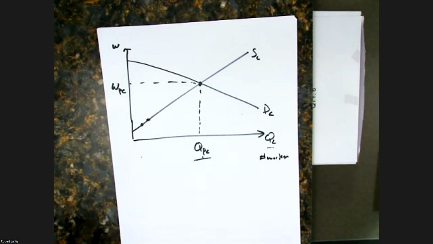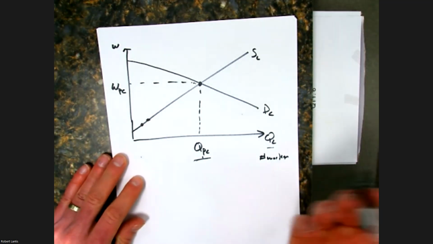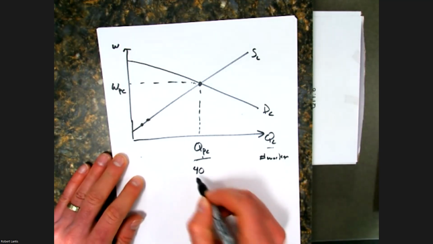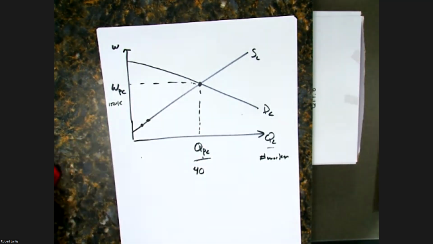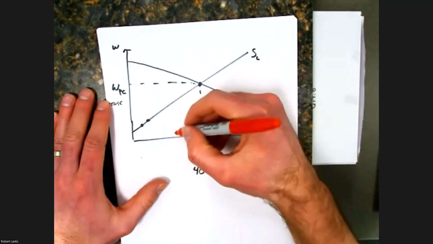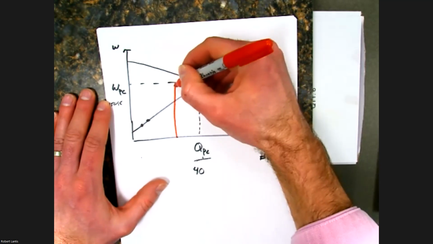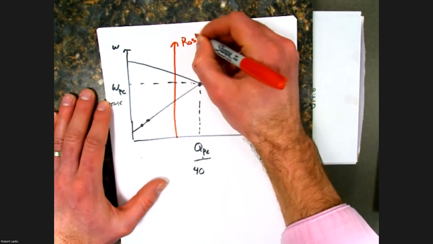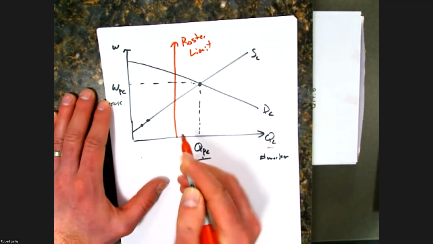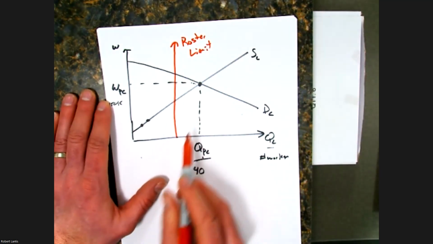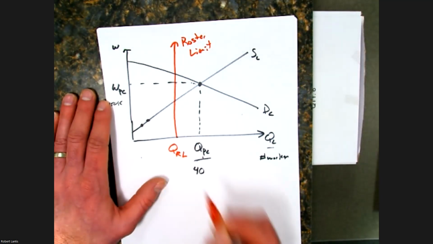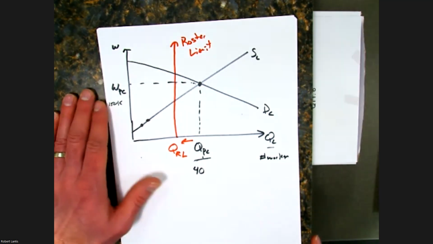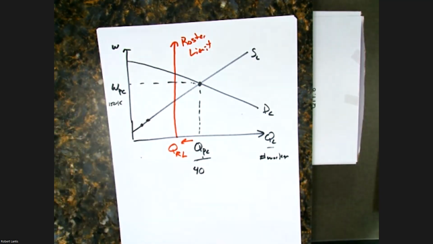Well, now the league comes in and says, well, look, we know that you'd like to carry on your roster, I don't know, 40 reserve players just in case things go bad. And yeah, you might only be paying them $150,000, but we're going to limit the roster sizes, right? You can only carry so many reserves. What's going to happen if I have a roster limit set? Well, I can't employ any number of players past this point. So we'll call this RL for roster limit. I guarantee that I'm going to get fewer players on the roster if I set an effective roster limit.